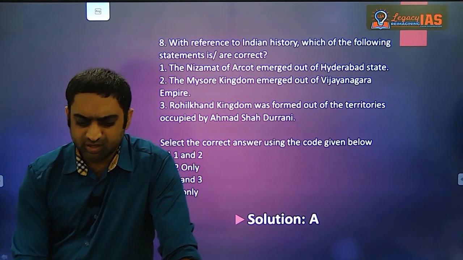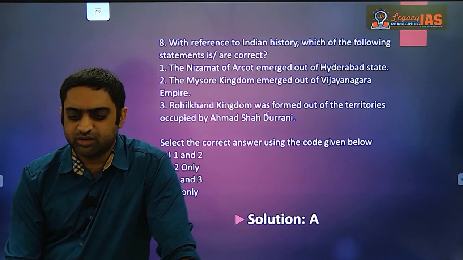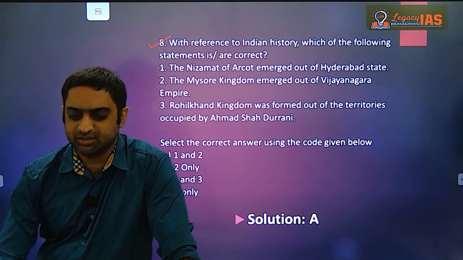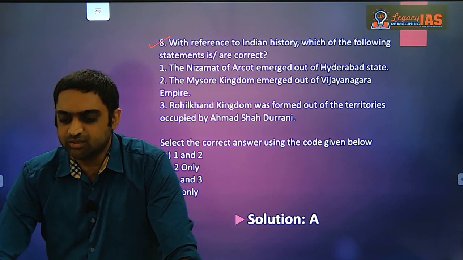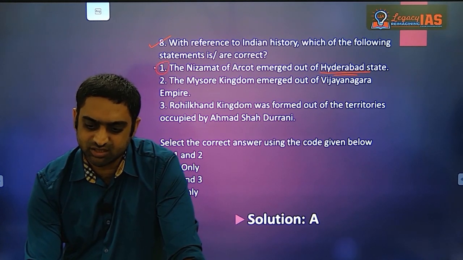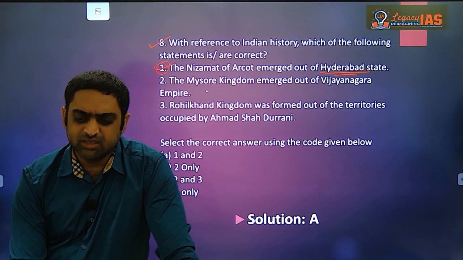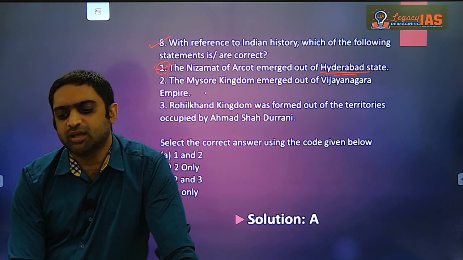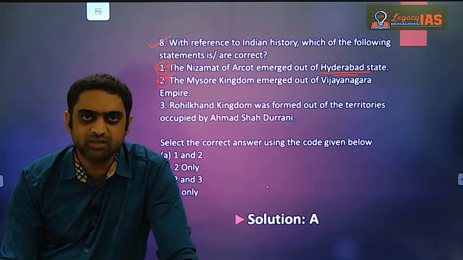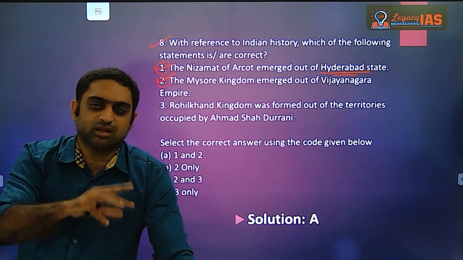Coming to the next question, again this is related to the medieval part of India. With reference to Indian history, which of the following statements are correct? The Nizam of Arcot emerged out of the state of Hyderabad. So yes, the Nizam of Hyderabad emerged out of that. This is the correct statement. And the Mysore Wadayars were also under the Vijayanagara Empire, and that is also a correct statement. After the fall of the Vijayanagara Empire, the Wadayars declared themselves independent, and later, as you all very well know, Hyder Ali and Tipu Sultan ruled for a short time, and then Mysore came back to